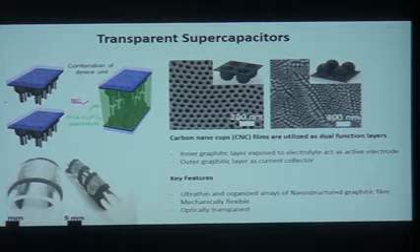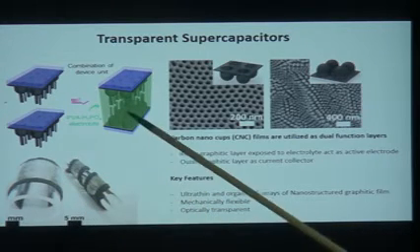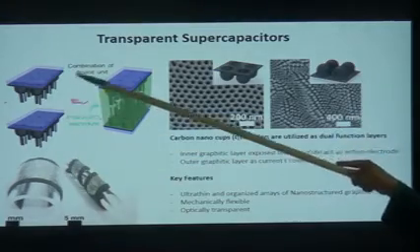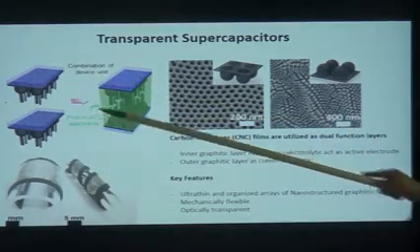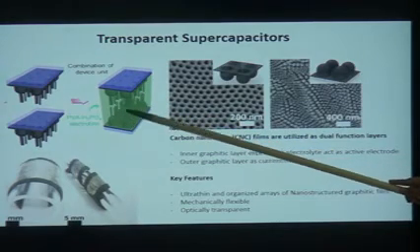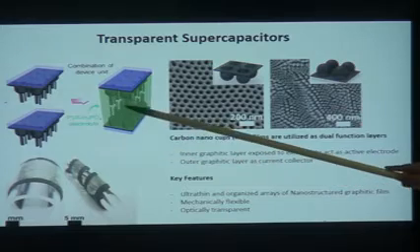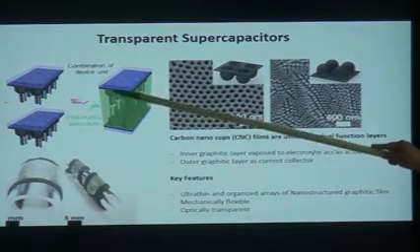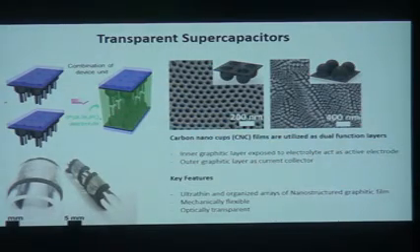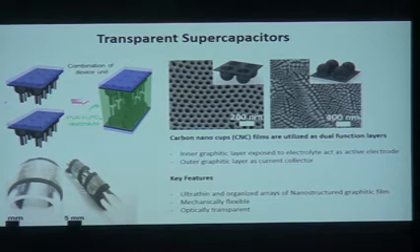Okay, so here what they have done, you can see the device, it's looking quite transparent. They have made some nano cups, so they allow transparency from this side, and even the electrolyte which is there inside is transparent. It is PVA, H2SO4 or H3PO4. They're usually transparent electrolytes. And then they have these small architectures coming in which give you a lot of surface area for the device to perform, while it gives you a lot of transmittance through the cup shape.